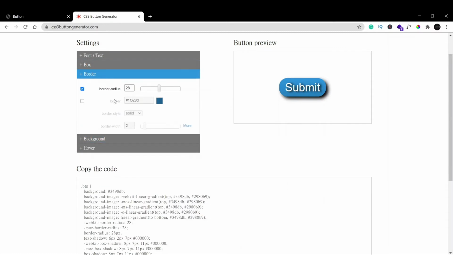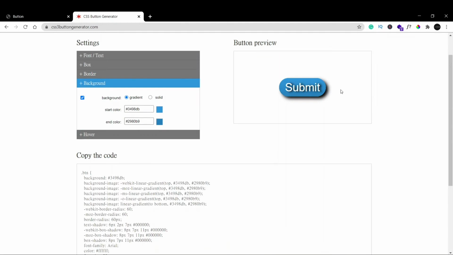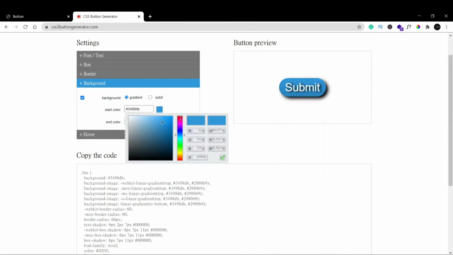Then next we have border. If you want a border radius, that means how curved the corners should be. You can put 60, which is the maximum value, so they will be rounded corners. You can also change it if you want. Now we can also add a border, but a border doesn't look good, so we'll just remove that border, and then we'll add a background. You can see background color is already there. If you want to change it, you can easily change it.